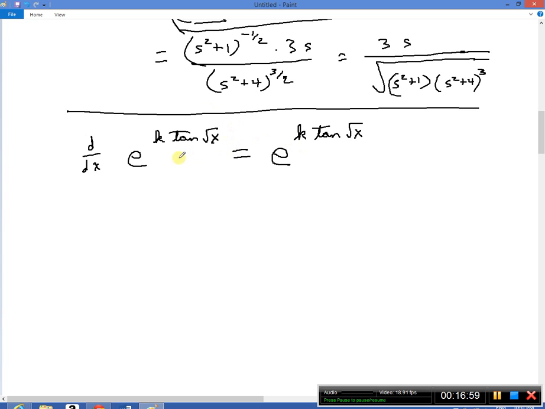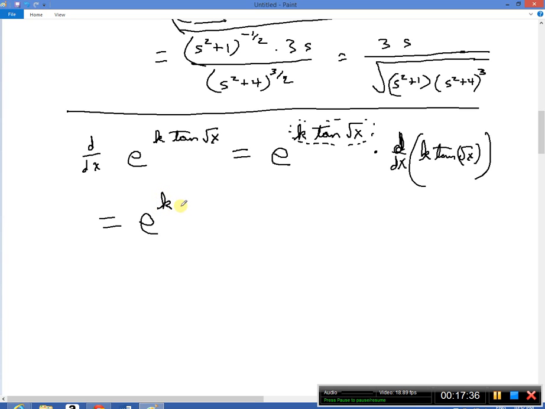All right, so far, what have we done? We've taken the derivative of e to a power, and the answer is e to that power. Well, not quite, because the chain rule says, oh yeah, but this thing up here is not just x. This is some complicated function of x. And so we got to multiply by the derivative. I'll write it out longhand. The derivative of what's inside. In other words, the derivative of k tangent of square root of x. You got to take the derivative of that now. So we got to write that the answer is e to the k tangent of square root of x times